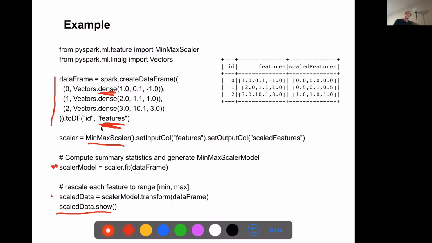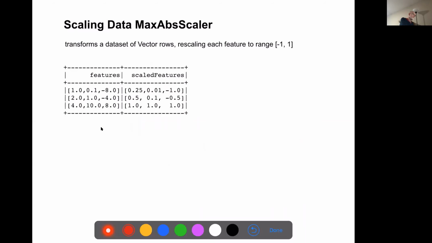And there it is. Just another way of transforming, scaling data, specifying a range. In this case, I'm specifying a range from -1 to 1. So the smallest value goes to -1, the largest value goes to 1.